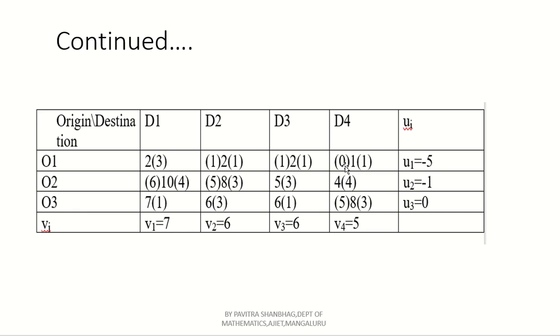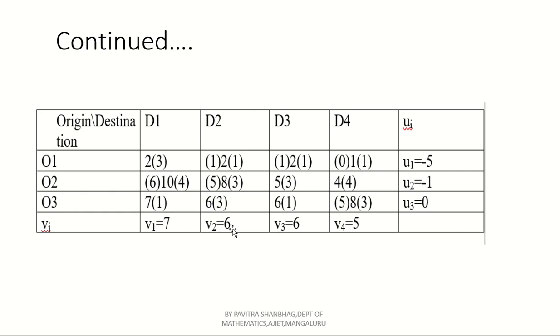Similarly, for the second row, what do we have to do? For the second row, see here, 7 minus 1. 7 minus 1 means what? 6 remains. That you have to write to the left hand side. Then what remains? 10 minus 6 means 4. Or if you add the left and right side values, you should get the middle value.